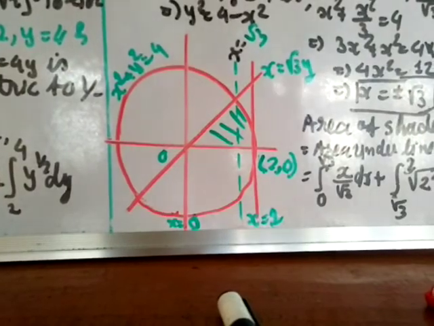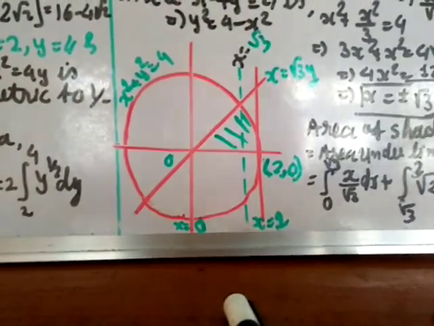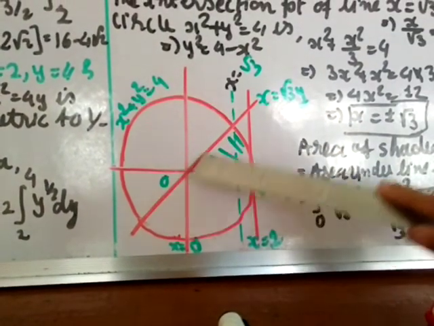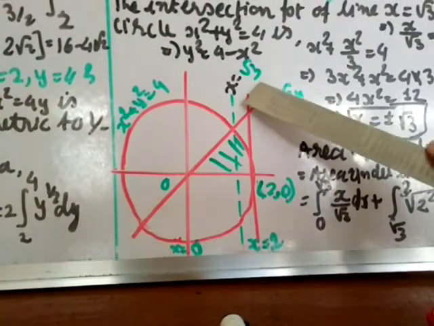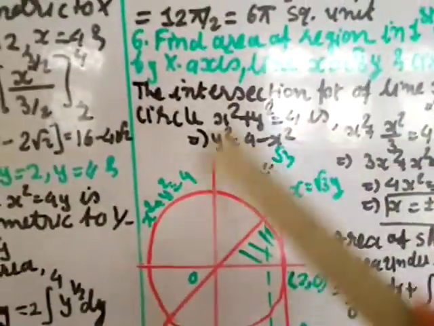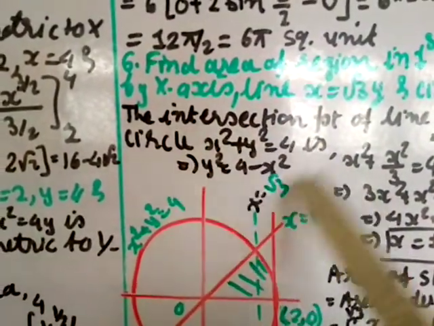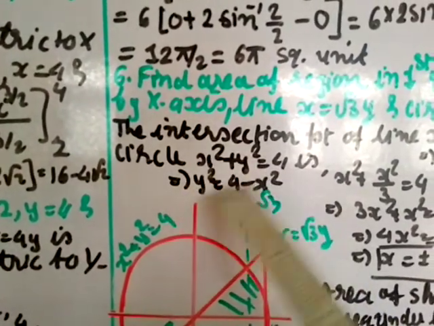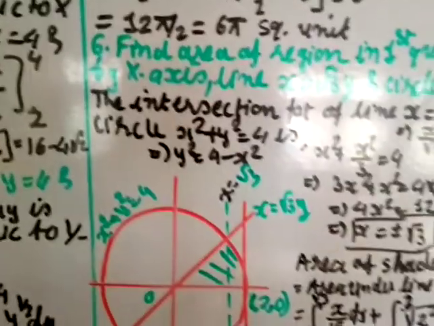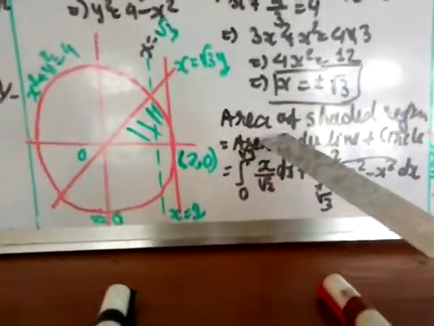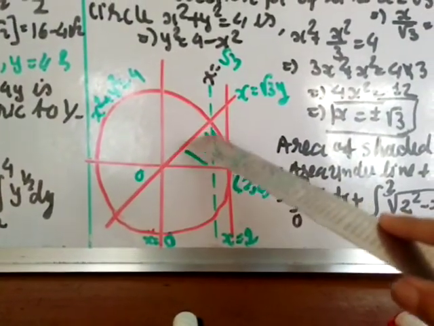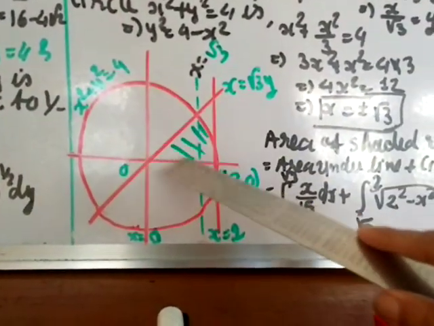So that is where it is intersecting. I need only the x value, I don't require y, otherwise you can find the point too, and then you find y also. So this line which I have drawn, at this point where the circle is intersecting with the line, that point is x equal to root 3. From here I have to find the equation in terms of y, so you will get y square is equal to 4 minus x square. Take the square root of 4 minus x square, because I have to find only y, not y square. The area of the shaded region is equal to the area under the line, this region where I have dotted the green line, plus this region, the circle.